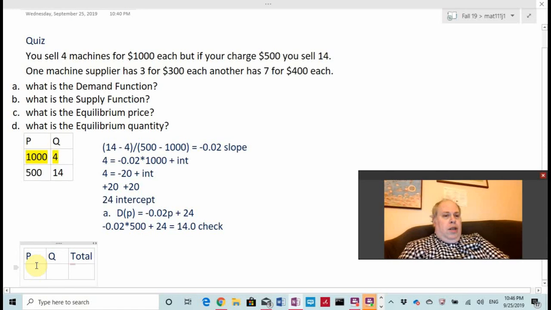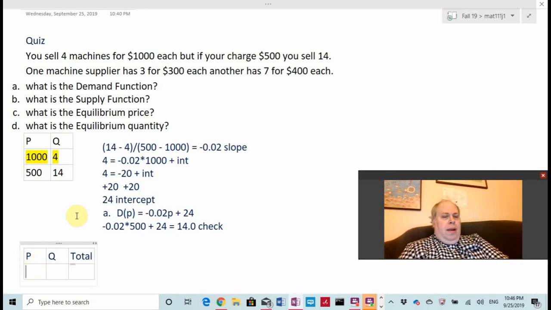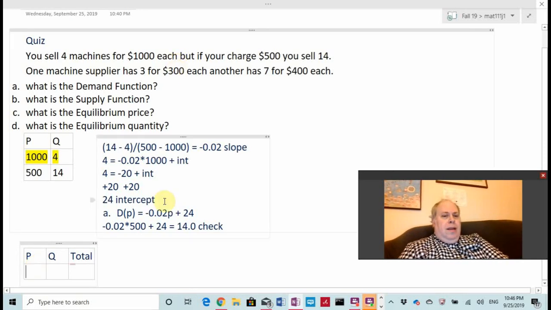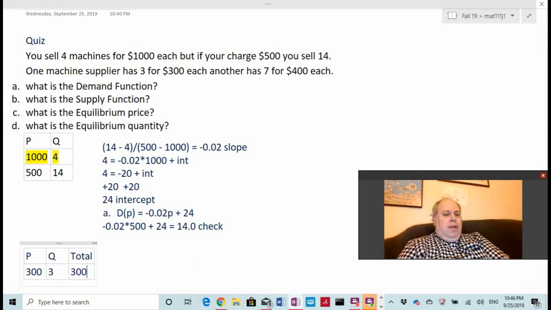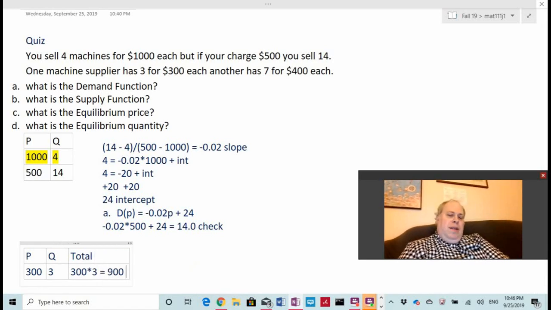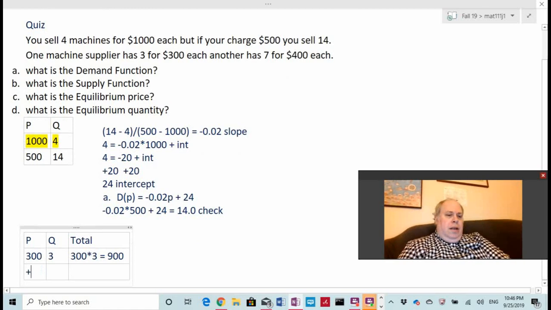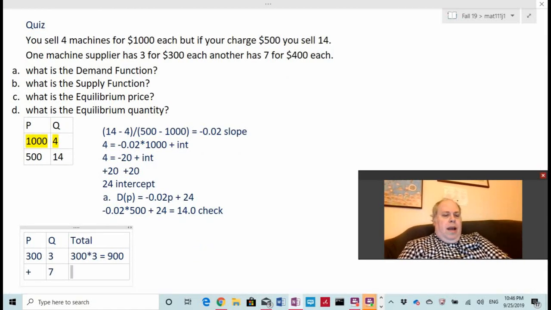The cheapest supplier, which is right here because that's the cheaper number, gives us $300 for each machine, 3 machines, and 300 times 3 means if we buy them out, we spend $900. So the next supplier has 7 machines, and $400 times 7 machines means if we buy them out, we spend